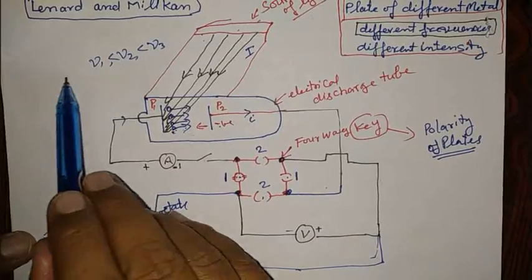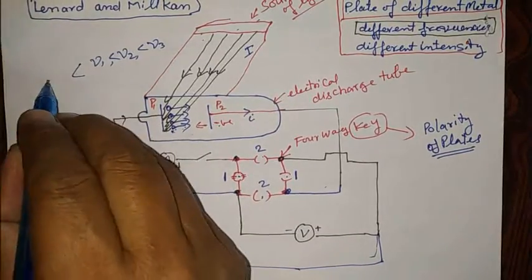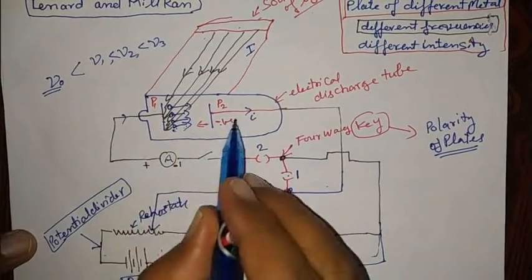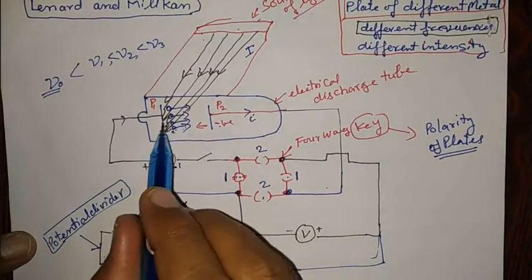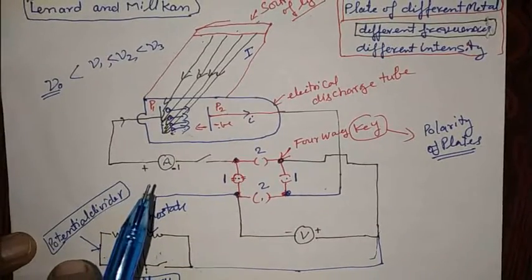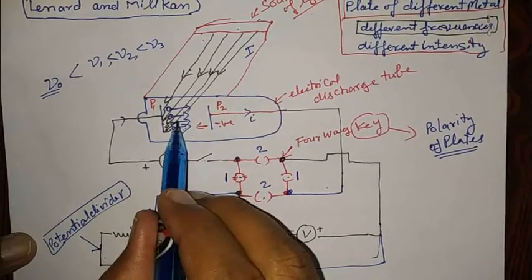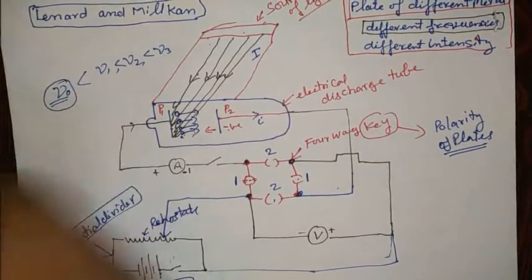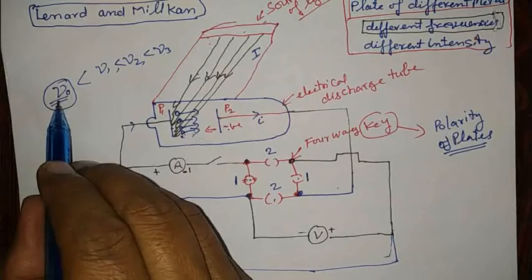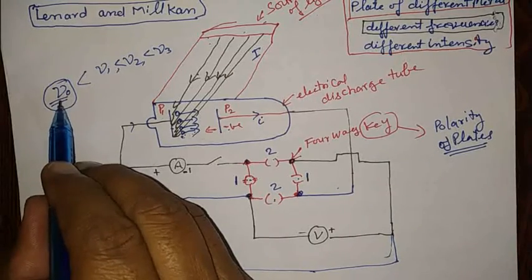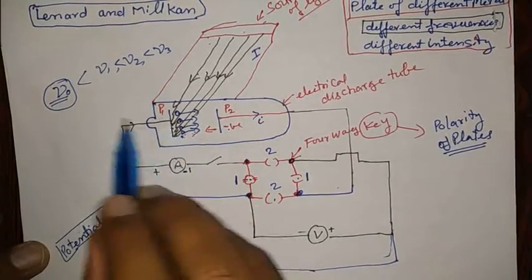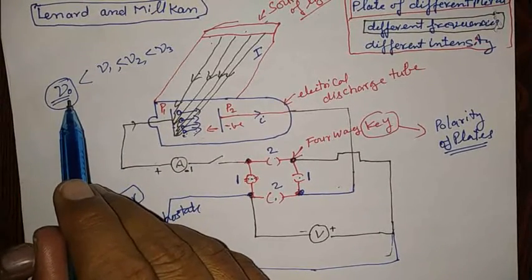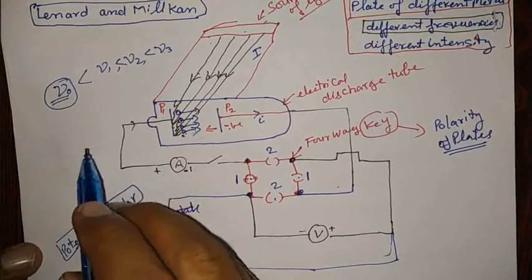But at a certain frequency, known as nu0, no photocurrent flows, no photoelectron is emitted. The frequency at which there is no current, no photoelectron, no photocurrent, is called the threshold frequency or cutoff frequency,